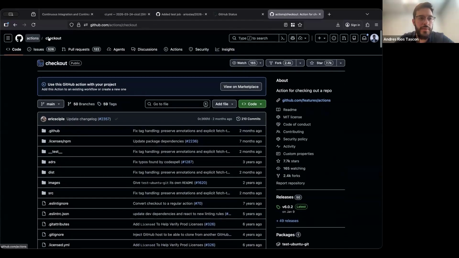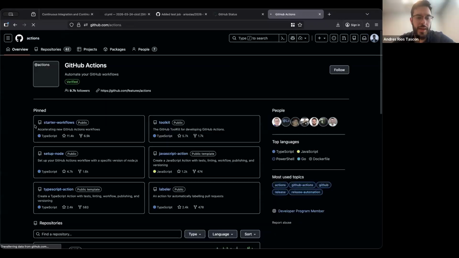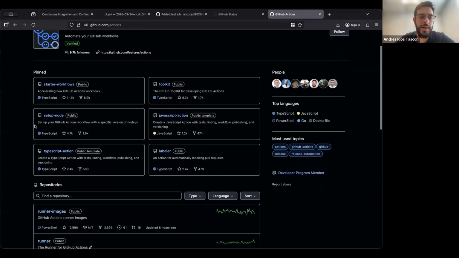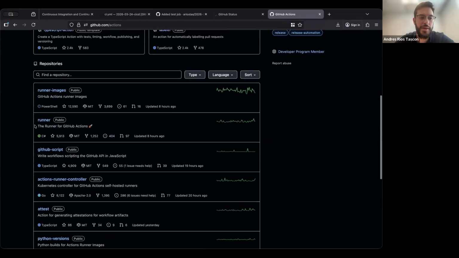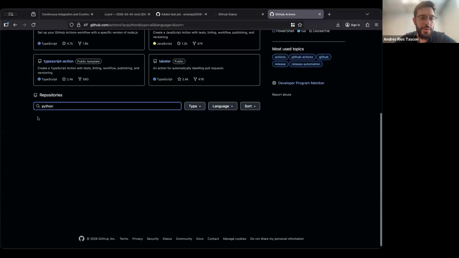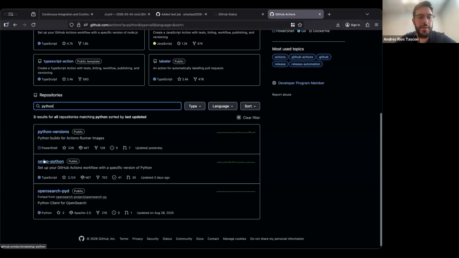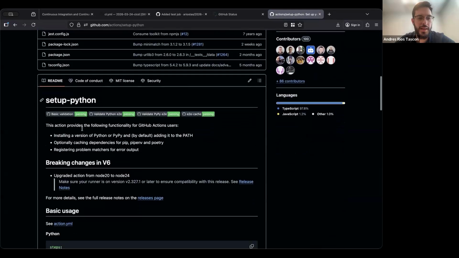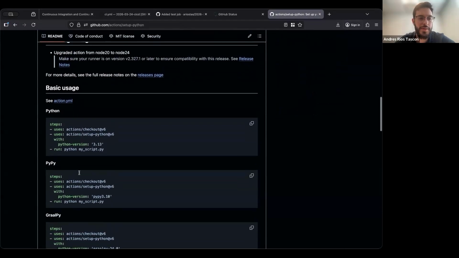One thing I forgot to mention is that this actions organization is official, made by GitHub, and so they put many very common actions that you might need there. In this case, we want to use Python. So if you look at Python over here, you'll see that there's this setup-python. Again, you can look through the documentation,